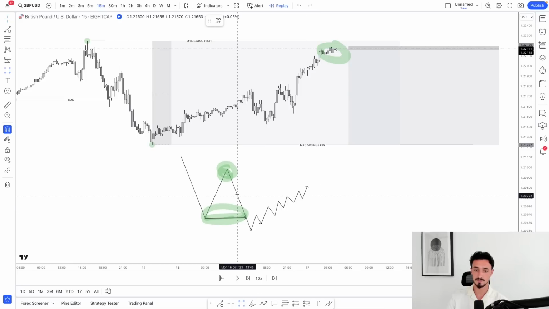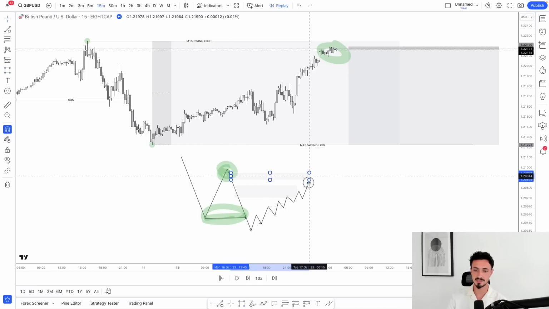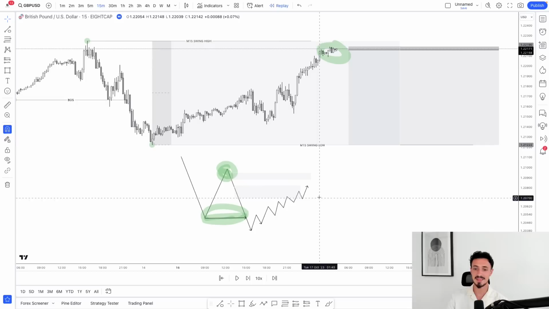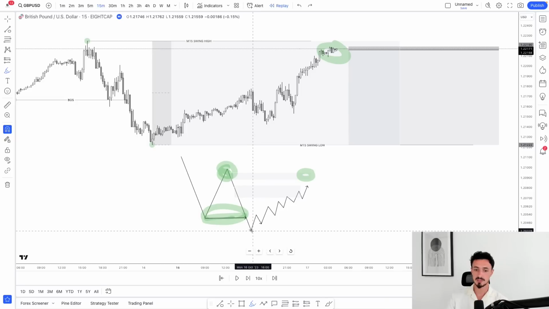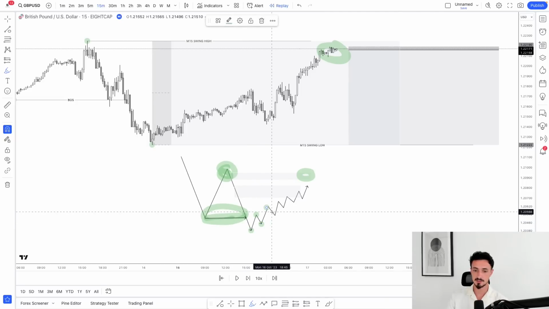Now, what we want to do is map out a few areas of supply that we potentially could see a reaction from. And in that area of supply, we need to see an internal realignment. So what you'll notice in this theoretical example is price is making higher highs, higher lows, higher highs, and higher lows. We get into this level, but we fail to take out the low. We push up higher. We get into the level, but we fail to take out the low,